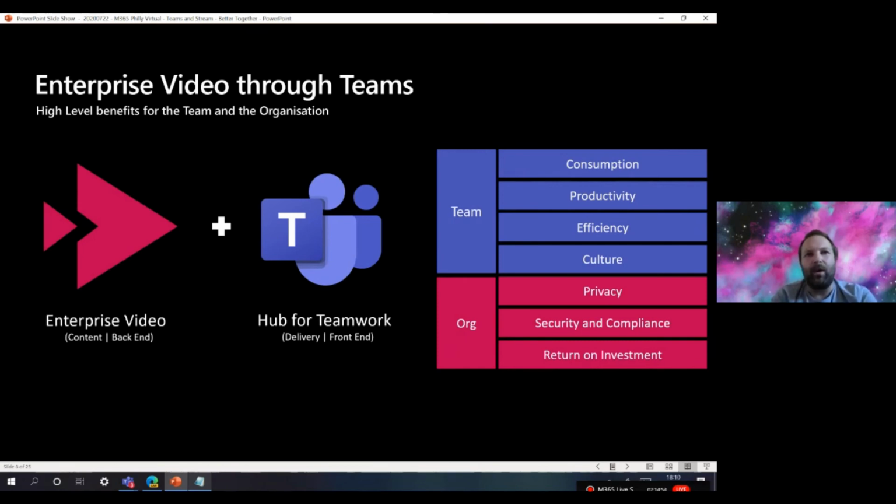We also want it filled with video that people have produced and can consume. This goes down very well with younger members of the team, but it also diversifies all of the different ways with which to transmit that data. So, moving from the high-level benefits of the team, we can also look at the high-level benefits of the org.